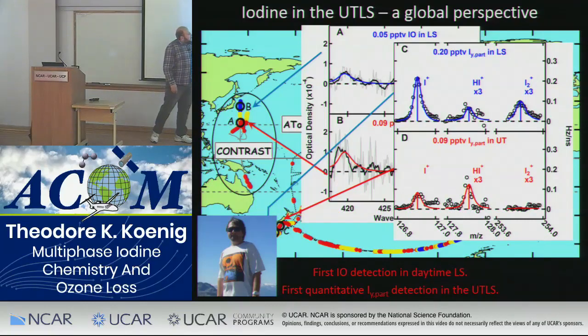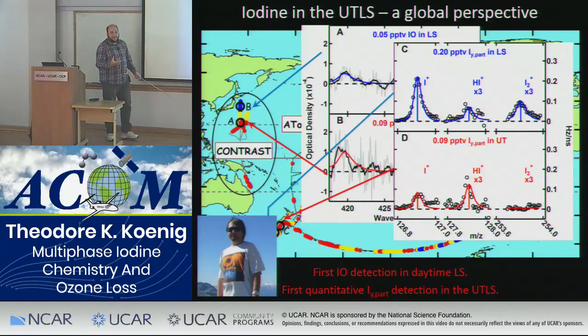And then HI+ and I2+ here are, roughly speaking, an indicator for iodide, and I2+ is an indicator for iodate. What we see is that in the troposphere, we have quite a bit of iodide, almost no detectable iodate in this particular instance. Then we move to the stratosphere, and our iodide signal has come down, and our iodate signal has come in clearly. So we're seeing a change in the chemical partitioning in the particles, and overall, an increase in the iodine content of the particles.